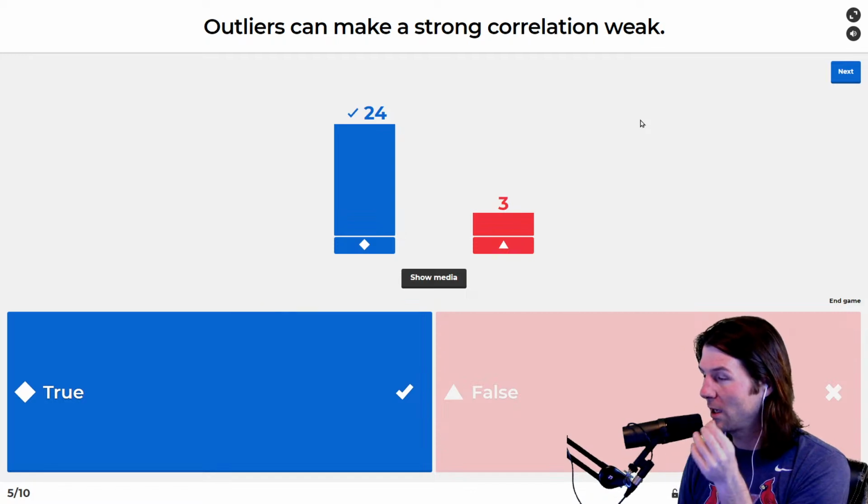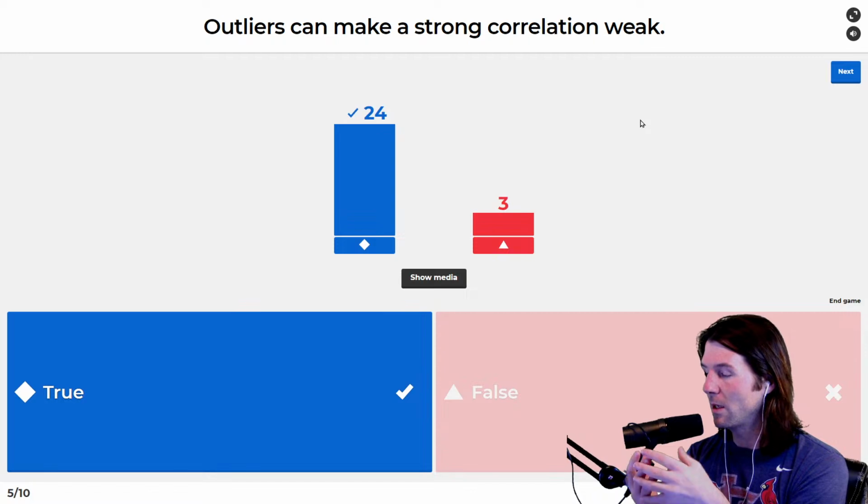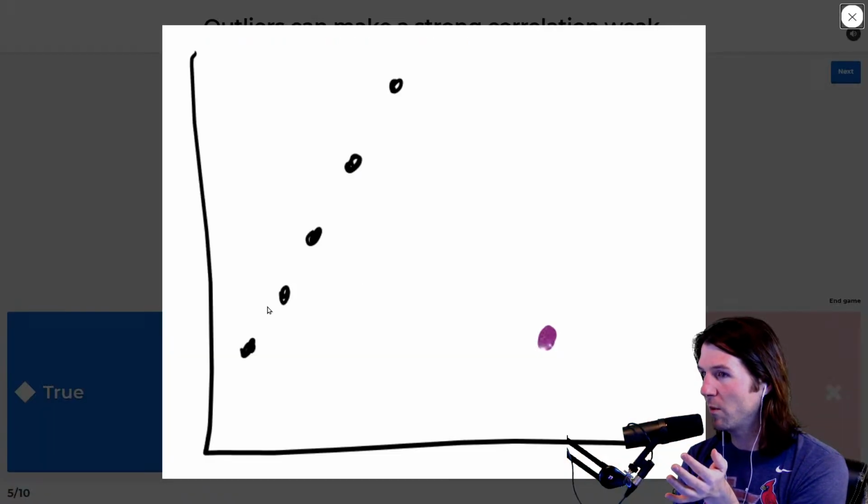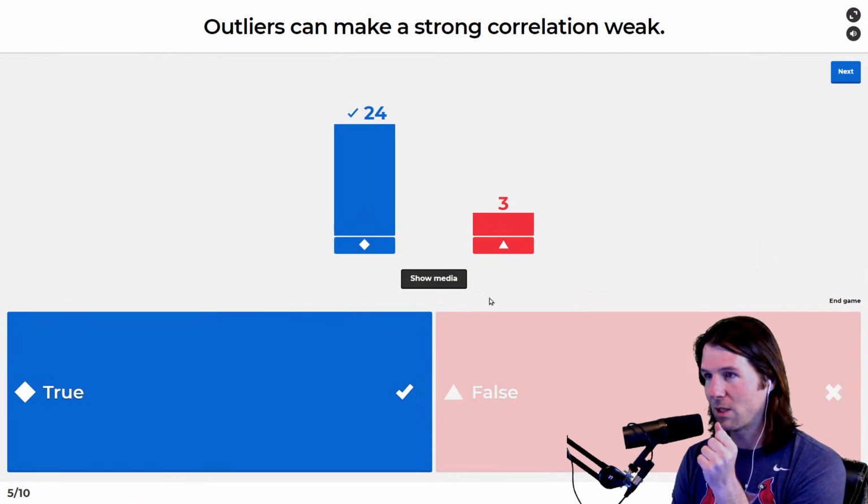That's why we say QQ straight enough, no outliers, because we don't want the regression or the correlation to be explained by the outlier. So in this graphic, you can see we have a perfect linear correlation, and then we have this point down here, which is drastically impacting it, making it way weaker. So yes, we do not want outliers. That's why we don't want them.